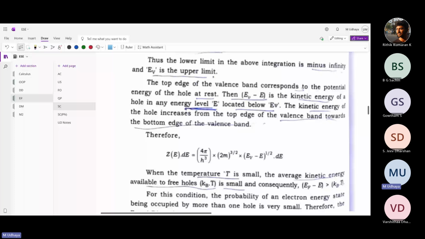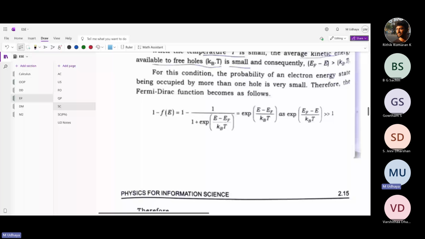1 minus 1 by 1 plus e power (Ef minus E) by kT. Let's take the LCM. So it will give you 1 plus e power (Ef minus E) by kT minus 1, divided by 1 plus e power (Ef minus E) by kT. So in that case, 1 minus 1 will cancel off in the numerator. In the denominator, you will have something, right? And when you try to cancel out stuff and see, you'll automatically see that